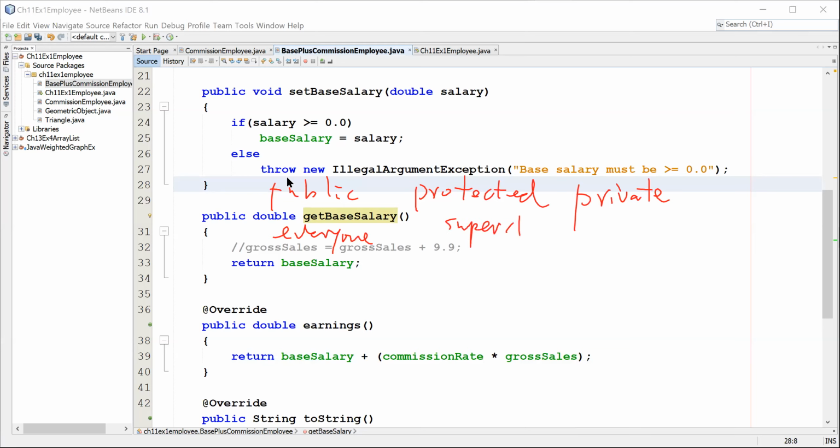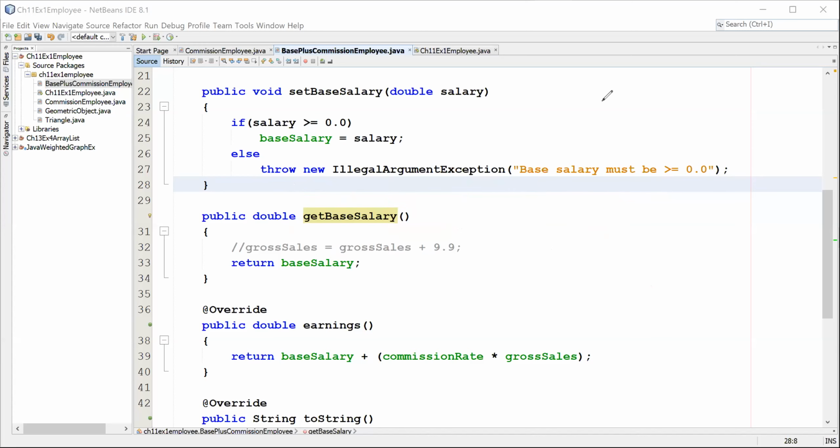Superclass and subclass. That's what protected is. Private is its own class itself. So that's regarding visibility. From private to public, it's getting more and more visibility. So that's the general idea about